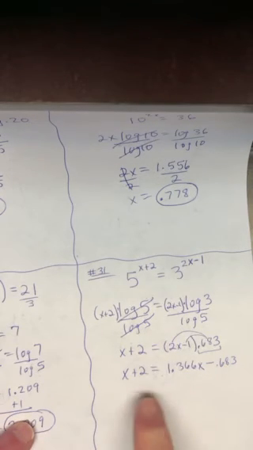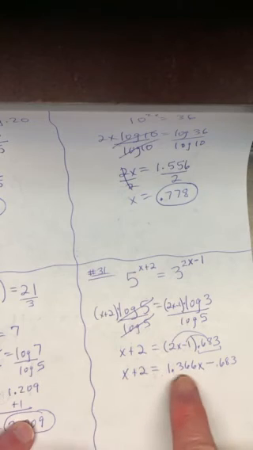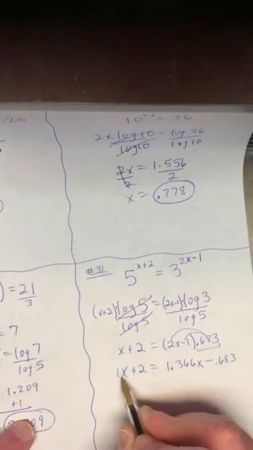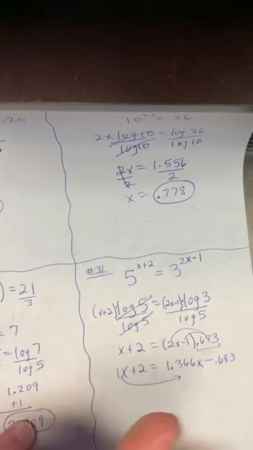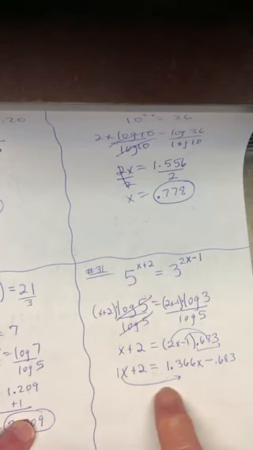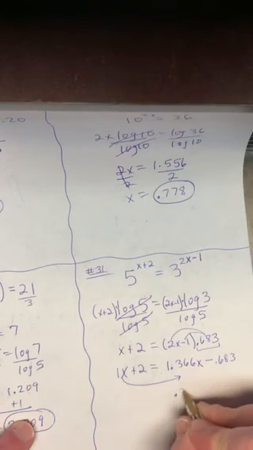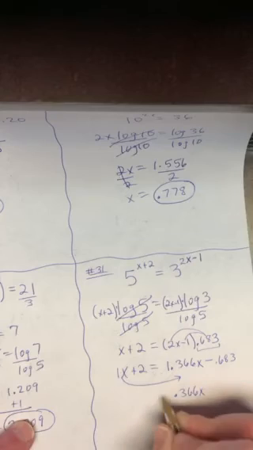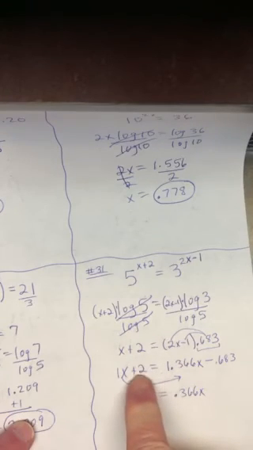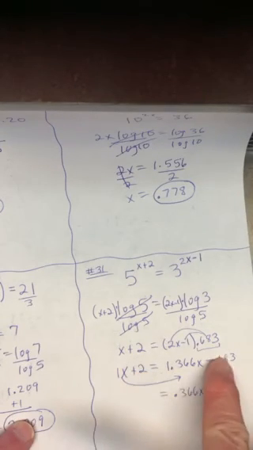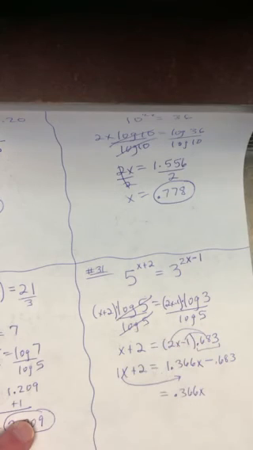Do you agree now? I've got an x on the left and an x on the right, so this 1x is going to get subtracted over to that side. So if I minus over a 1x, wouldn't that be 0.366x? And on that side, notice I had a 2, but I'm going to add over the 0.683, aren't I? So if I add that over, that's